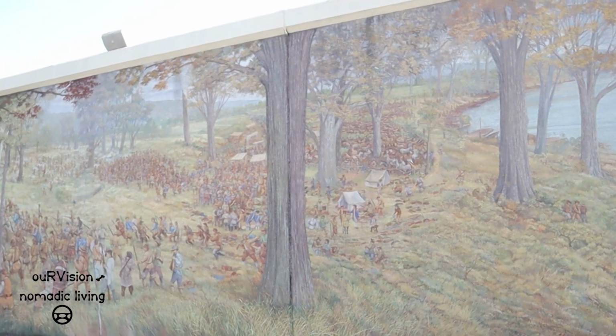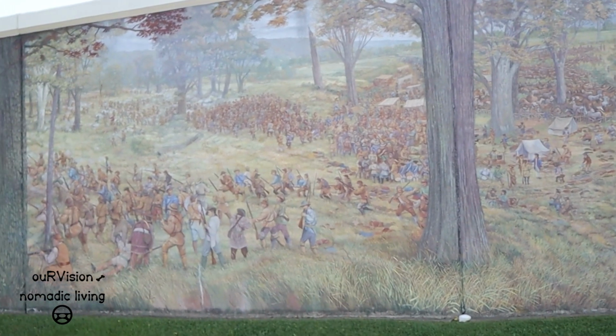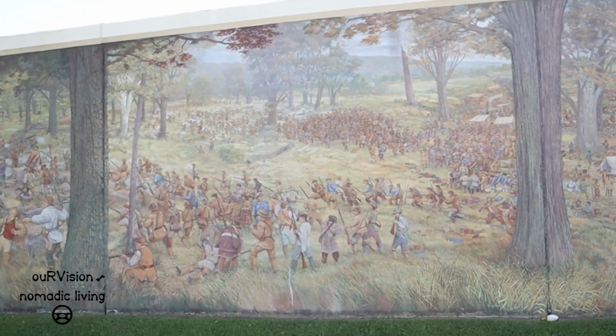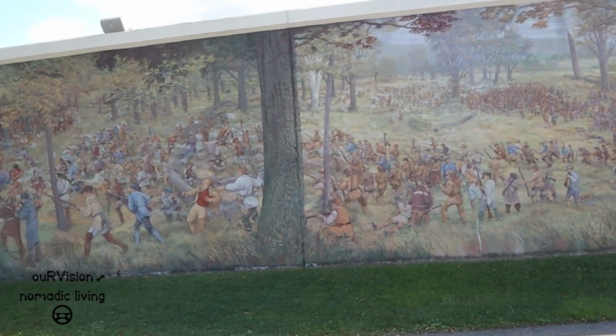So right here on these grounds, on October 10th, 1774, a group of Virginia militiamen were attempting to cross the Ohio River heading west when they were attacked by Chief Cornstalk's band, and the battle raged all day, and it has been termed one of the most bloody battles of the Revolutionary War. The battle went on for over 10 hours. Much of that battle was hand-to-hand combat. So that battle culminated in the Virginia militia winning and a subsequent agreement with the Indian nations of the Ohio Valley,